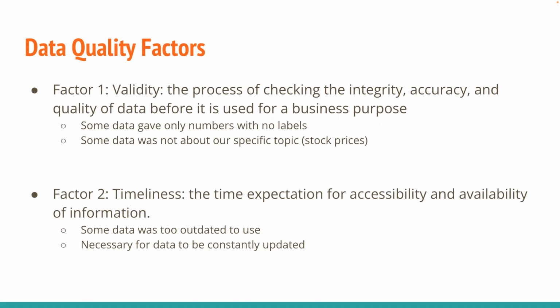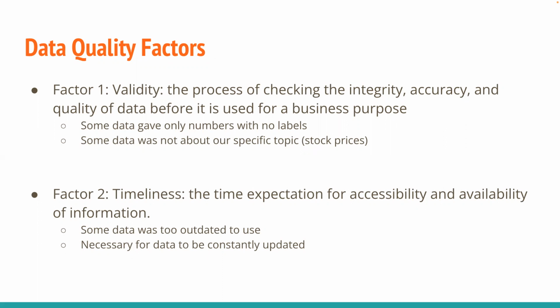So, the first one we chose was validity. That's the process of checking the integrity, accuracy, and quality of data before it is used for a business purpose. So, the way they can affect our data is maybe some data will only have numbers with no labels, might be hard to look at. And then maybe some data was not about our specific topic. For example, we're looking at emissions for ExxonMobil, but some of the data comes up with stock prices, which is